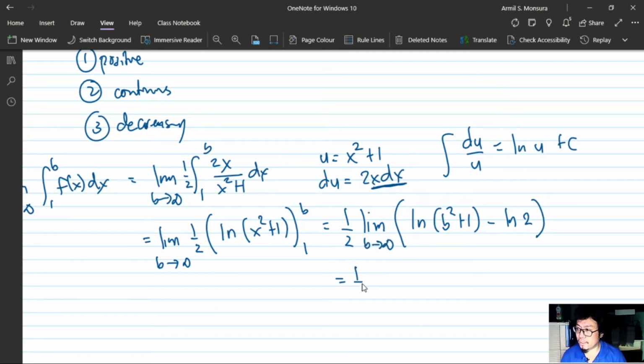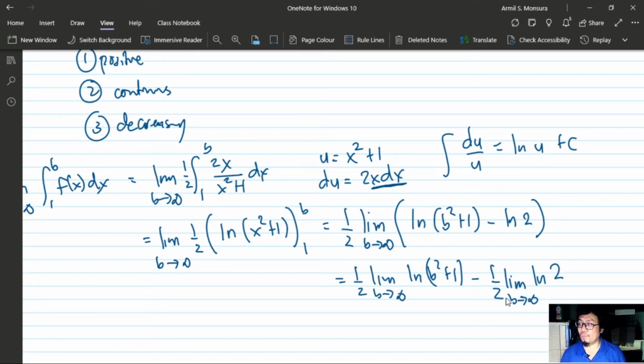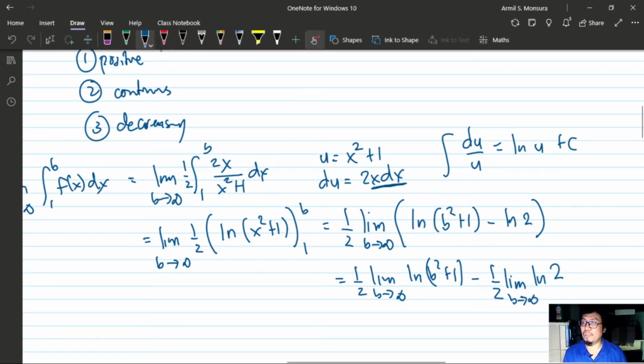Now, clearly, this becomes 1/2 times the limit of the natural logarithm of b squared plus 1 as b approaches infinity, minus 1/2 times the limit of the natural logarithm of 2 as b approaches infinity. We don't have a problem with this one because this is simply 1/2 ln 2, which simply evaluates to